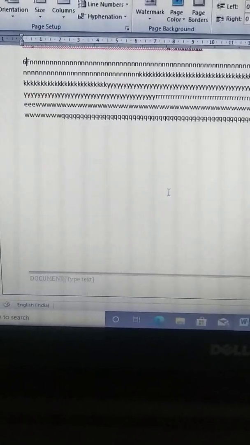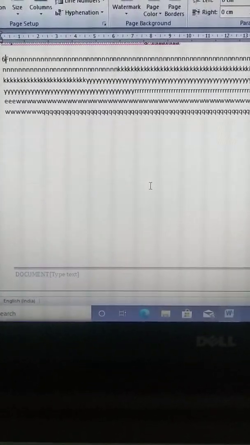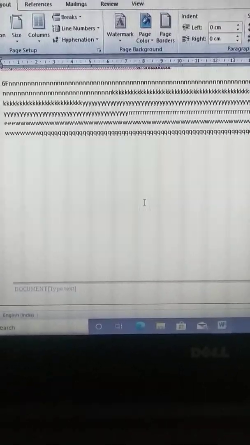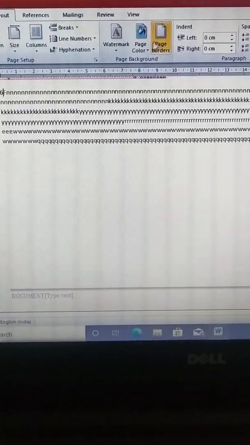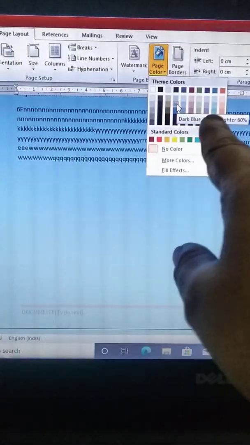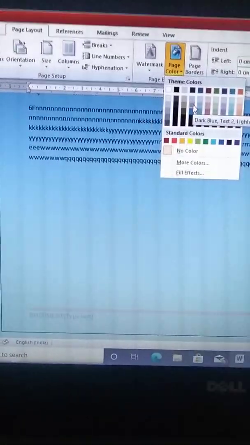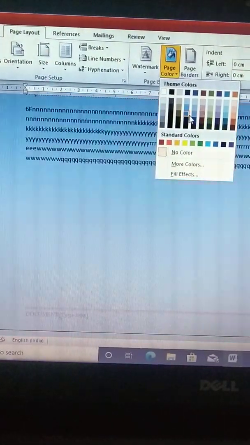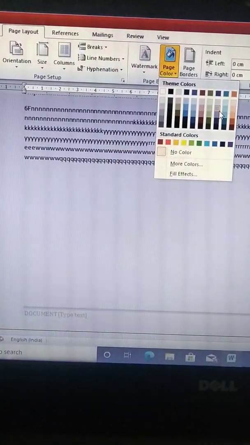You can also give the page color. You can fill color in the page. You can go to the page color option. See, here is the page color. You can choose any color, blue color. As you hover the arrow over the colors, you see the color of your document changes. So from here you can select any color.